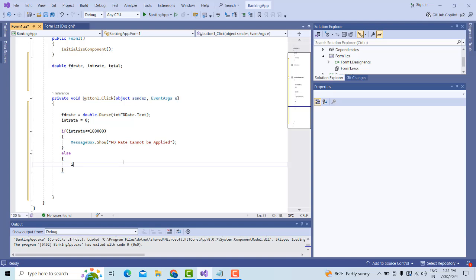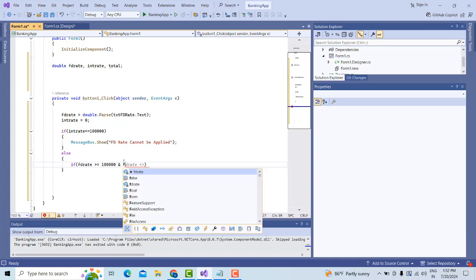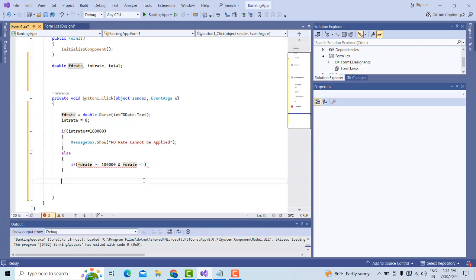If FD rate more than or equal to 1 lakh and FD rate less than 5 lakh, include